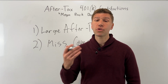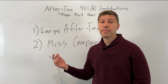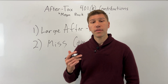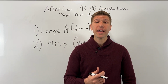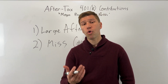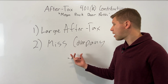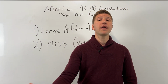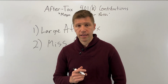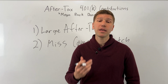Now, luckily with Shell's plan, they cap your after-tax contribution, so this can't happen if your only active contributions are to your Shell 401k. Now, the other thing is that some plans have provisions in there when you do the conversion themselves. For example, with Chevron, they will temporarily suspend contributions, including the company match, if you do an in-service distribution of your after-tax dollars, i.e. the rollover into your Roth IRA. So by missing out on the company match, that is a way of losing free money when doing the mega